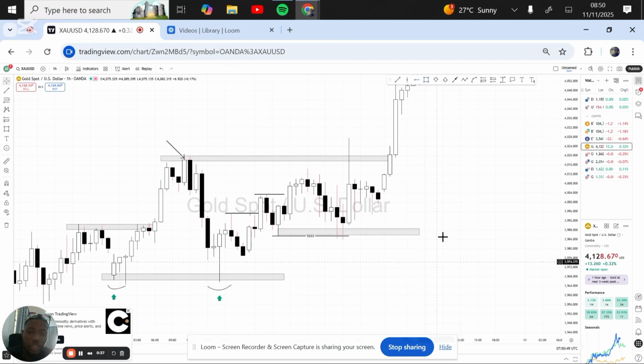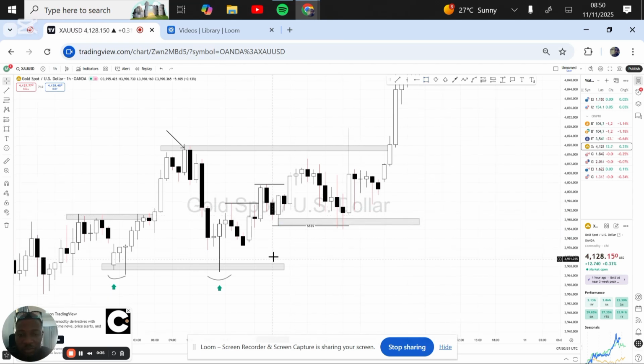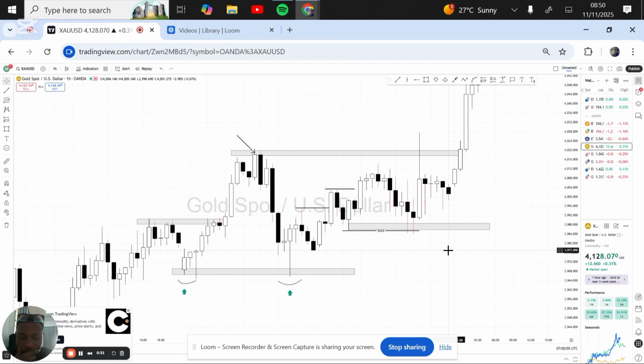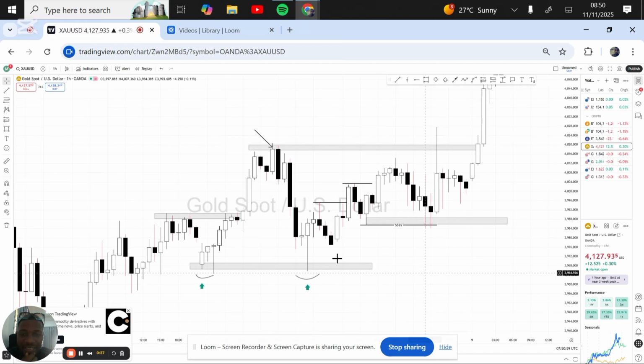But remember, if you are trading this internal structure, you are still targeting this low. The market is still purely bullish. Why? Because we have a higher low here that made this higher high. This is basically a higher low. It's trying to make another higher high, which you don't know, right? But basically, the buyers are in control.